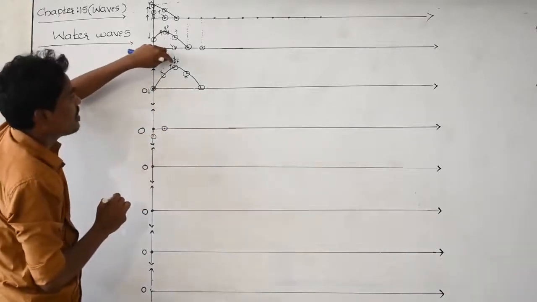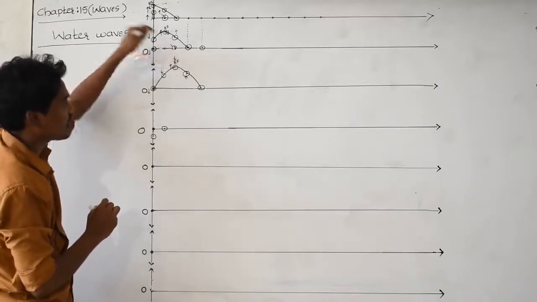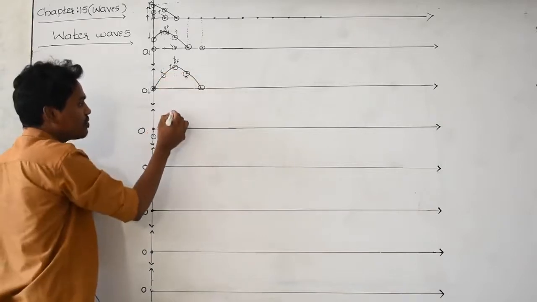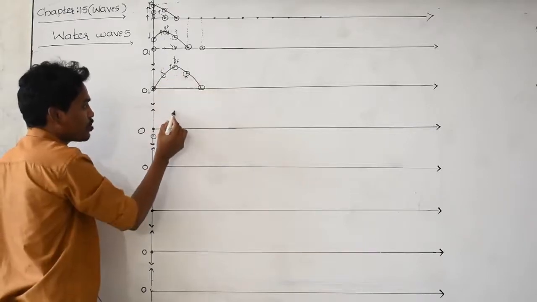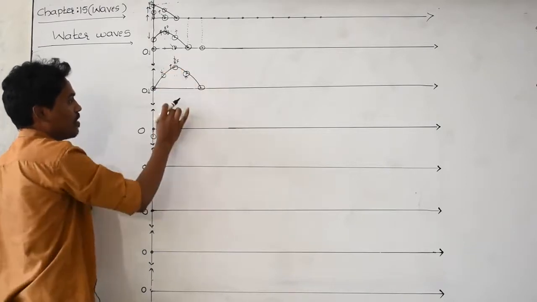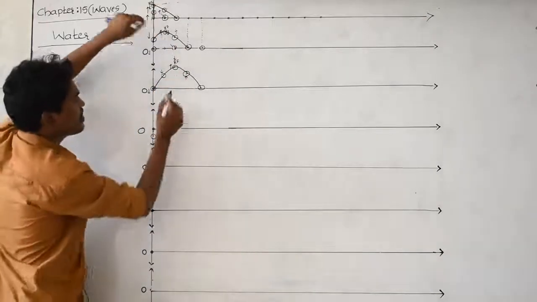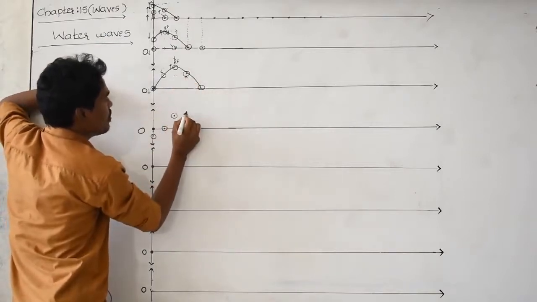What about the third particle? It reaches a maximum point. The restoring force is acting on the third particle in the downward direction. That's why its direction becomes downward. It is moving from here to here. I am showing this third particle moving from this point to this point. And what is the direction of the fourth particle, downward or upward? This is upward, moving from here to here, from this point to this point.